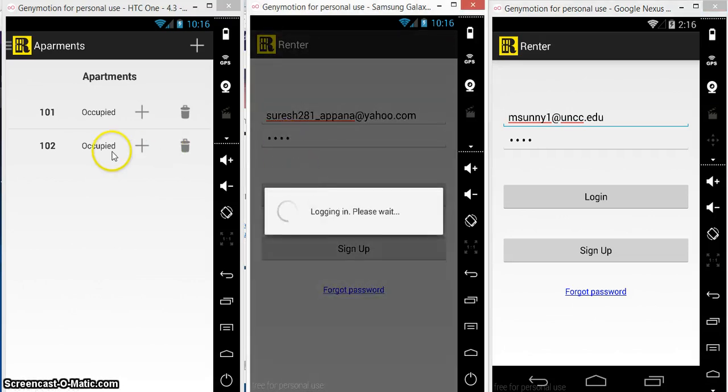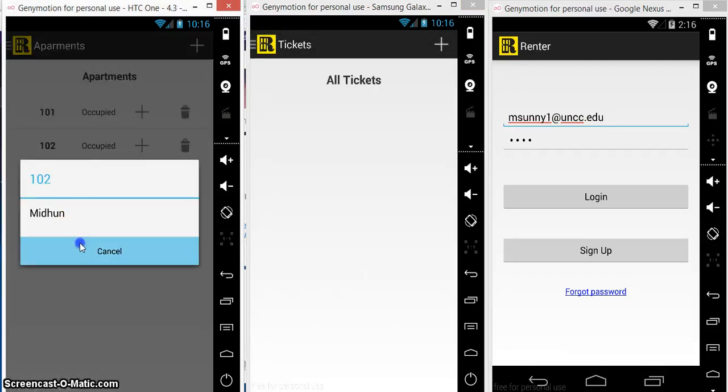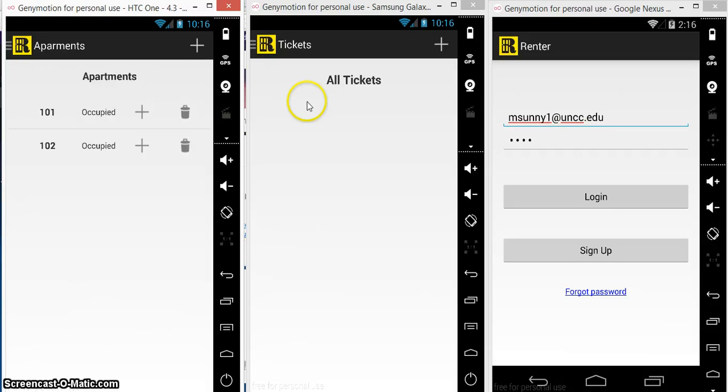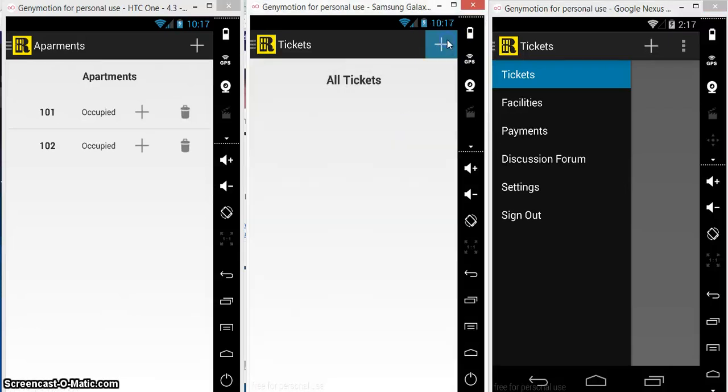In a similar fashion, we have added another apartment with a member in it. It will redirect to the default ticket space. These are the options available for the tenants. Initially, if he wants to create any ticket, he has to click on the plus button